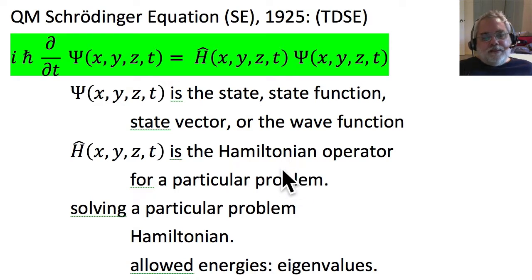Now, it's not obvious, but it's the Hamiltonian for a particular problem that will tell us that some energies are allowed and other energies are not. And for allowed energies, we will be able to figure out which states are allowed and which states are not. You can't see it yet, but it comes from the Hamiltonian. It does not come from the left-hand side, really.